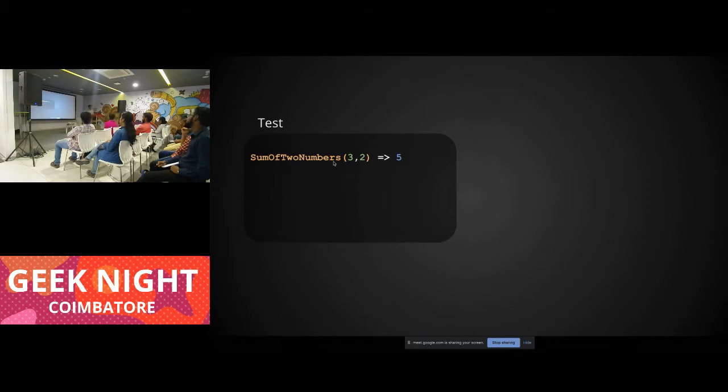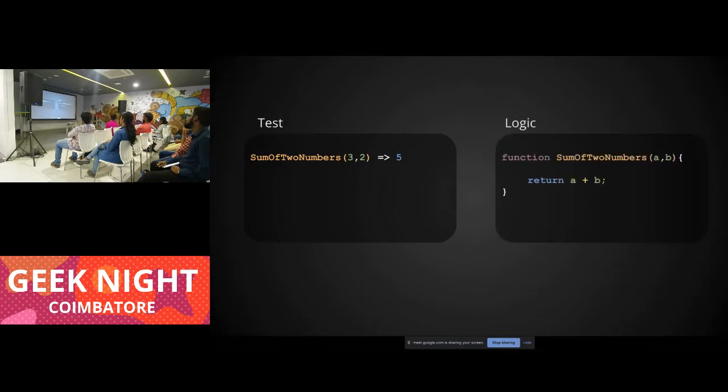function, right? So if I verify that this test is failing, then I will write the logic for that function, saying that if I get A and B as an input, I will return A plus B. Okay, so if we write that, if we run the test again, it will pass, right? Because we have written the logic. So this is how we follow TDD. So any questions so far?